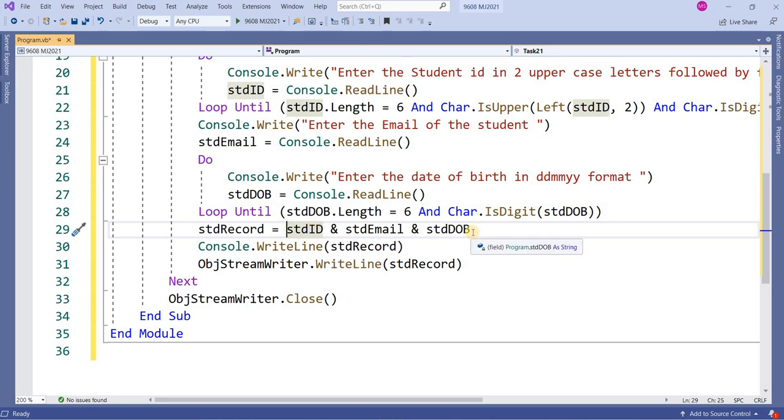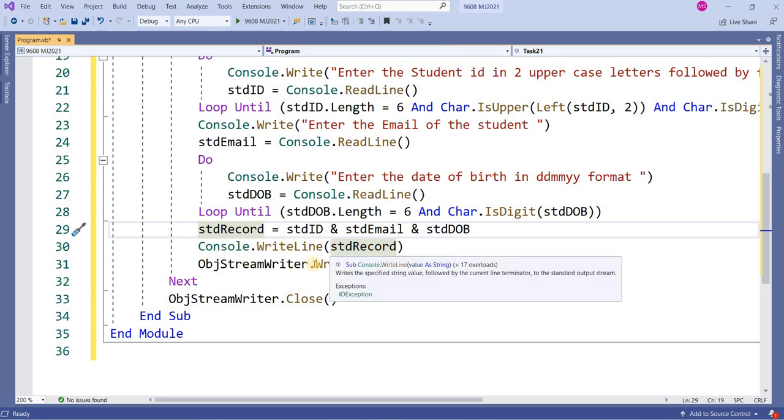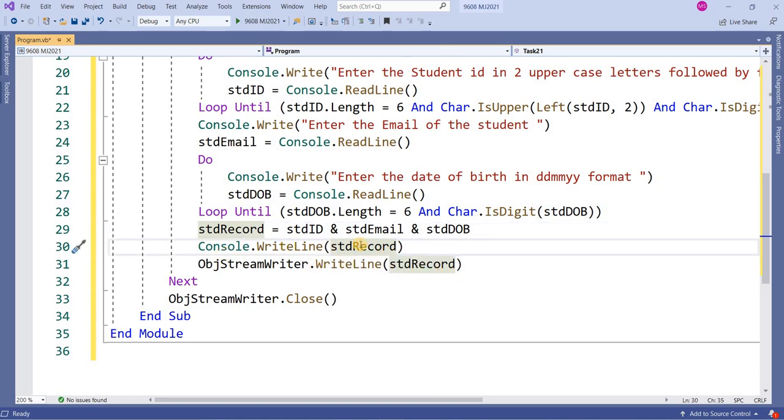Then it will make one record, one string. It will combine all three fields, std_id, email, and std_dob, as mentioned in the question. It will make one string, std_record.